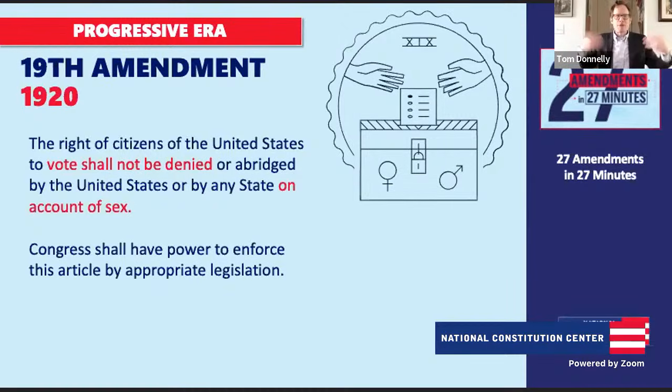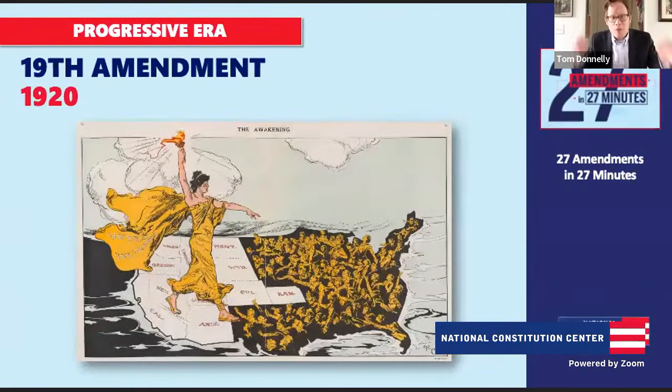Absolutely. So the 19th Amendment's ratified in 1920. And what it does is it writes the right to vote for women into the Constitution. And so this is an amendment that bubbles up originally from the states. We see women voting initially out west. And then over time, this proved to be a good idea. It expands to the east, including to big states like New York and Michigan.